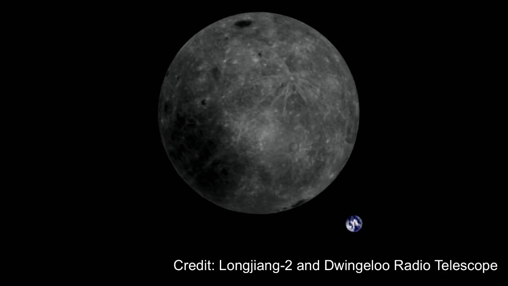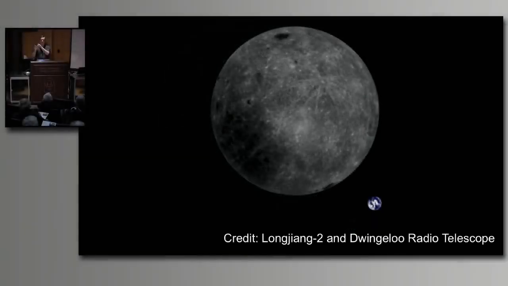So, do you have a question? So this is the side we never see, is that correct? Yes, this is the side we never see, because the moon is tidally locked, so we only see the same side. As it orbits, it always shows the same side to Earth. So this backside of the far side is never seen when you're on Earth. You actually have to get off Earth to see it. So we never saw the far side until we went into space. So that's a cool thing.